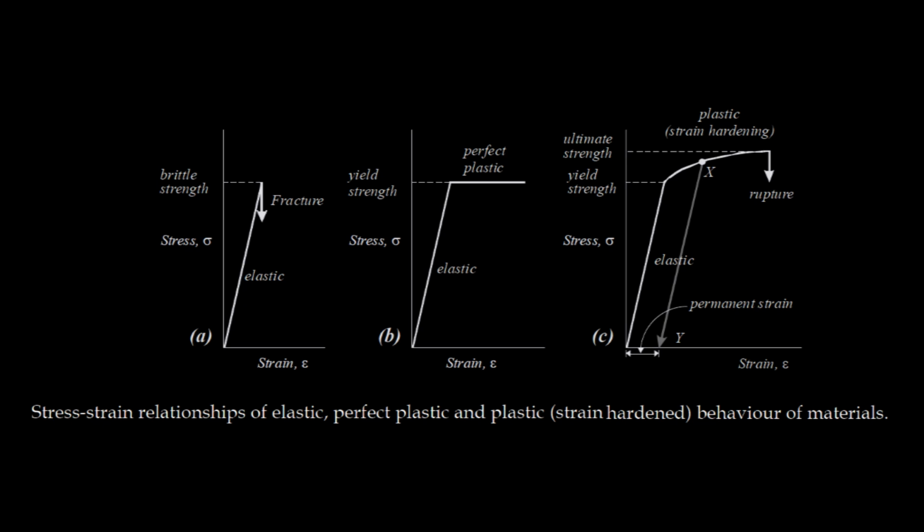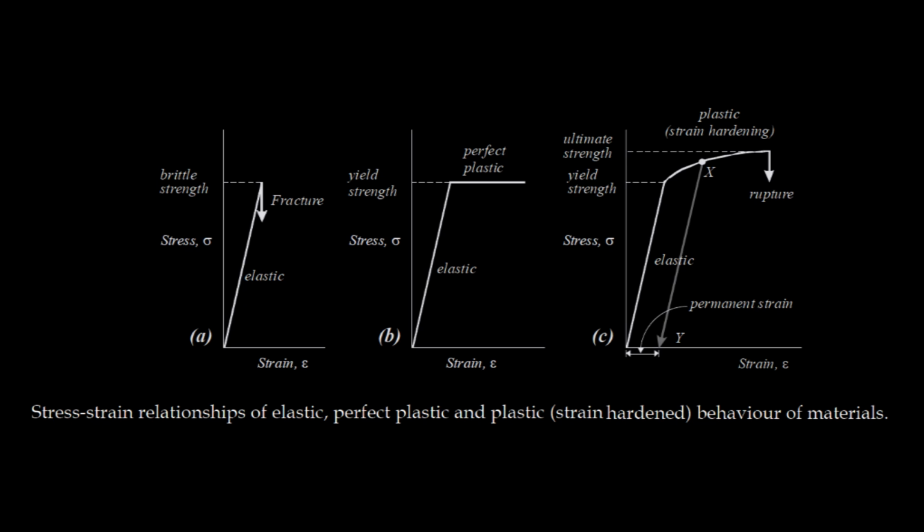One interesting thing about yield stress is that it is not constant for any one rock type but varies with temperature, confining pressure, fluid pressure and strain rate. So this can be a question for your next exam. Two different kinds of deformation are there above elastic limit. The first one is perfect plastic and the second one is strain hardening. So these are the 2 kinds of deformation above the elastic limit.